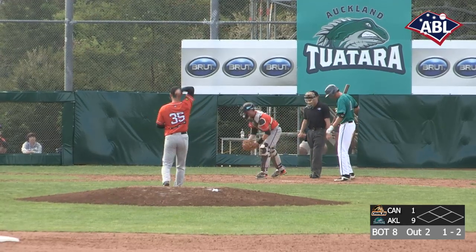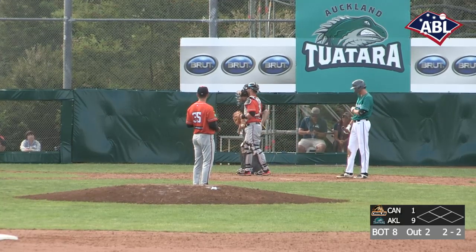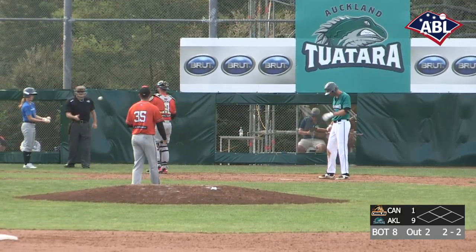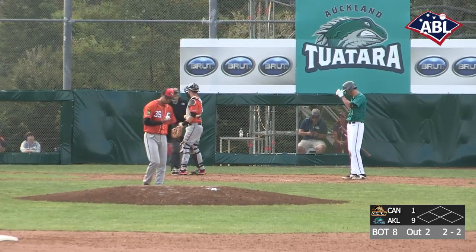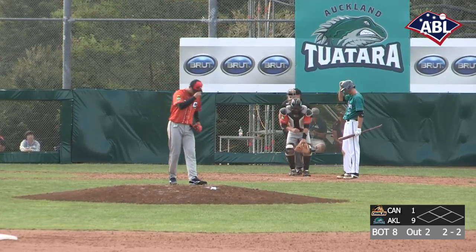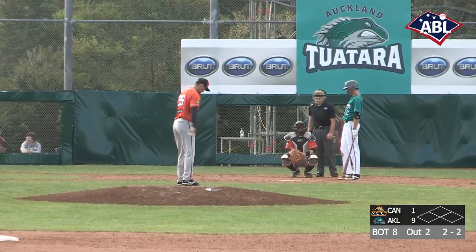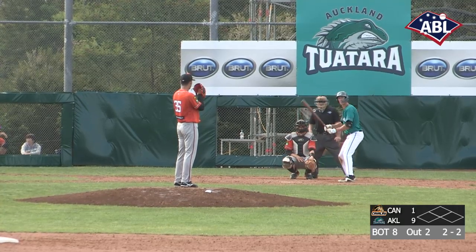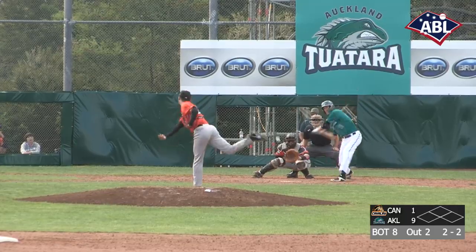And he takes that breaking ball in the dirt. The Auckland management team have seen enough of Brown in both his college career and his semi-professional career so far to know that he's got the stuff to compete at this level. Obviously already having some time in the ABL, he's definitely already had success. I think he was actually managed by Steve Mintz when he was with the Bite just last season. He didn't have much game time, but...